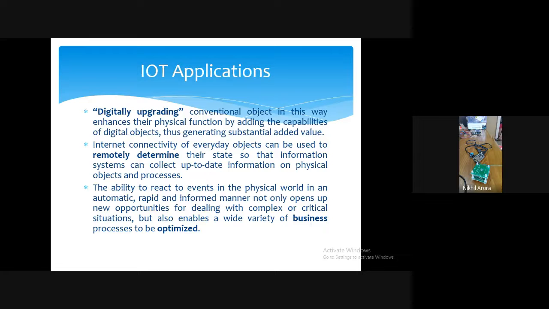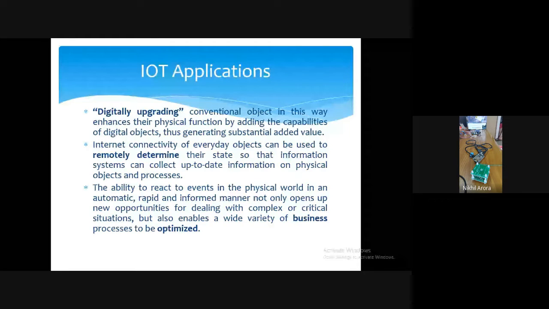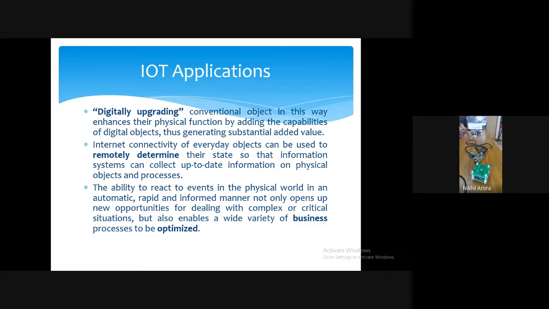The second thing is remote monitoring. Sitting at home, sitting in the office, I can see my park, my fields, my vegetation, my agricultural sites, my industrial sites, my machinery, how they are behaving. So this remote data collection and update is very important, which is possible with the help of IoT. Basically, if you want to optimize your business process and make it more efficient, your supply chain or your manufacturing chain or your security chain, anything, you have to use a technology which somehow involves internet.